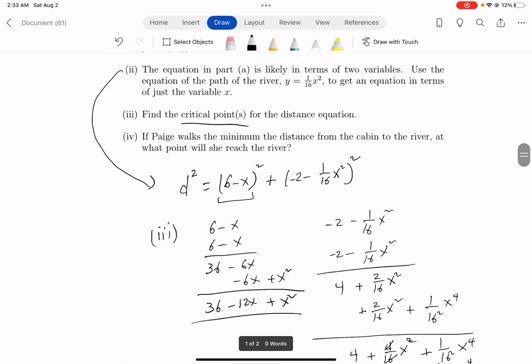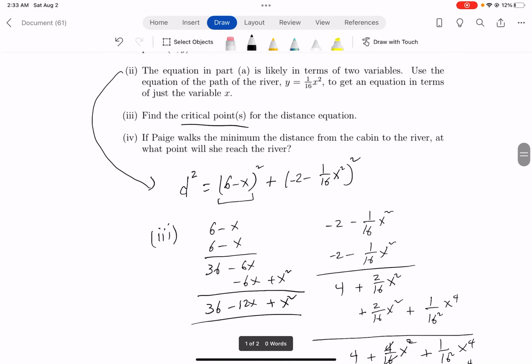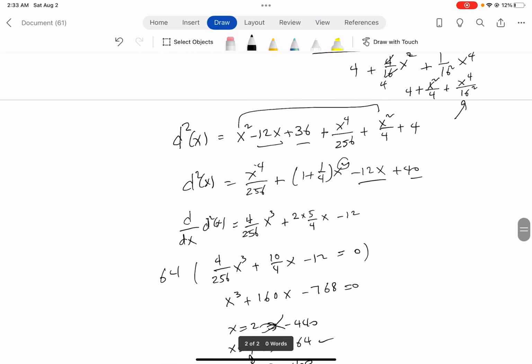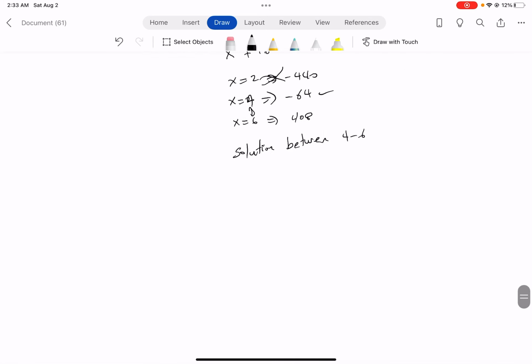If Paige walks the distance from the cabin to the river, at what point will she reach the river? Okay. Let's keep doing the critical point. If you're going to keep trying, you're going to set x